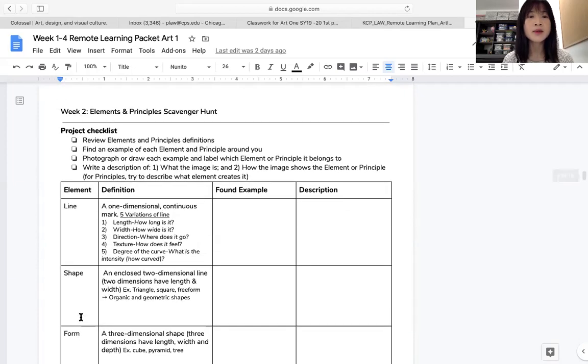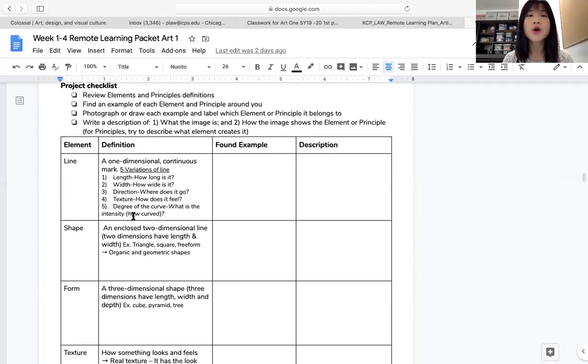On the second column, you can see the definitions. If you have your sketchbook, they are basically the same thing, but in here it will be more clear, in case you are not able to take your sketchbook home. So this is the definition for you.